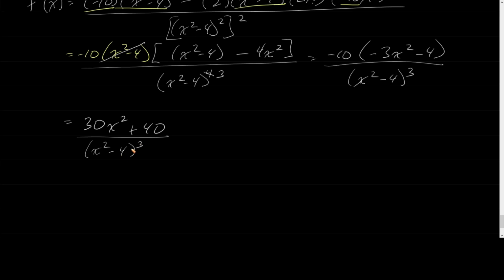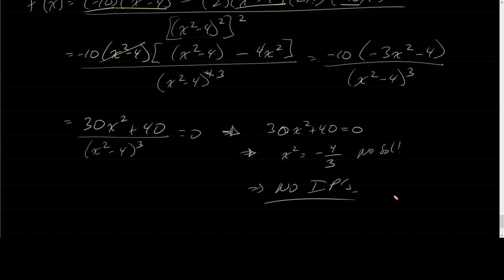If I try to set this equal to 0, that would tell me that the numerator has to equal 0, right? 30x squared plus 40. But that would mean that x squared is equal to -4/3, right? Move the 40 over, divide by 30, -4/3. But this has no solution, which tells us no inflection points, all right? And now what can we say about that? Well,